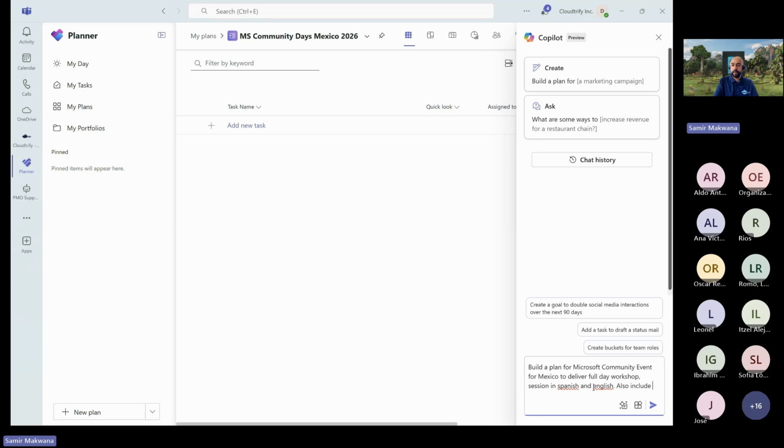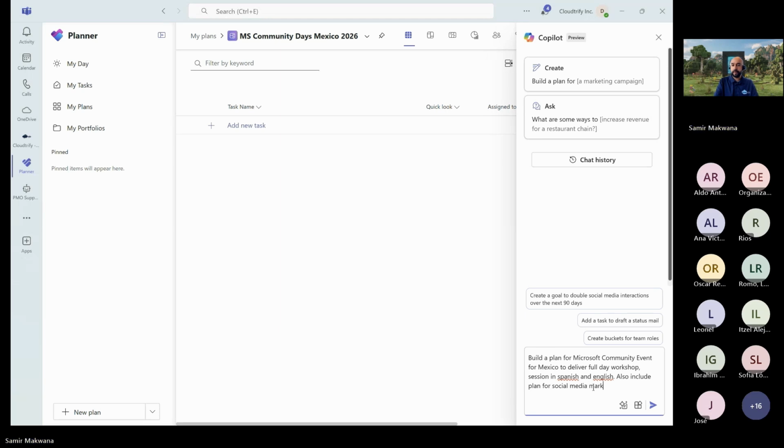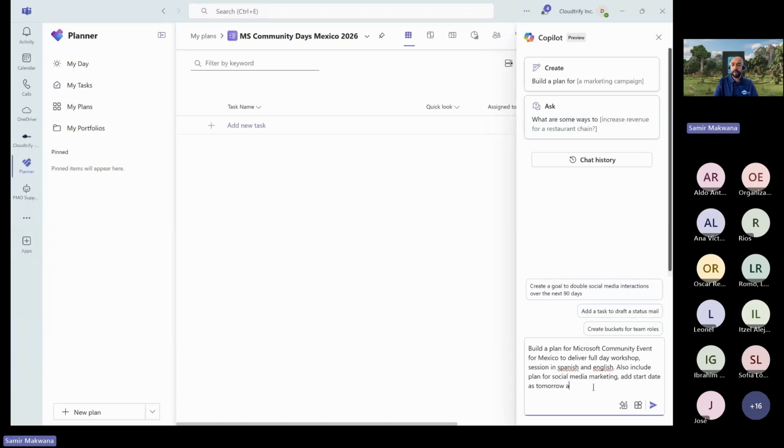Also include plan for social media, marketing, add start date as tomorrow and end date as 2 months from start date, and also have some color coding for each task. Let's see how it goes.